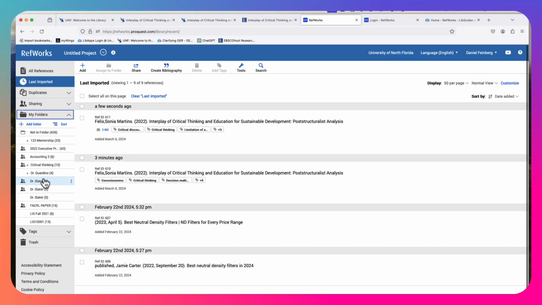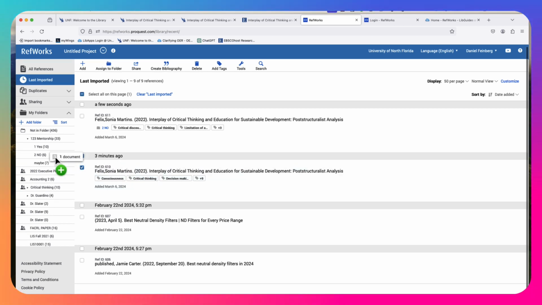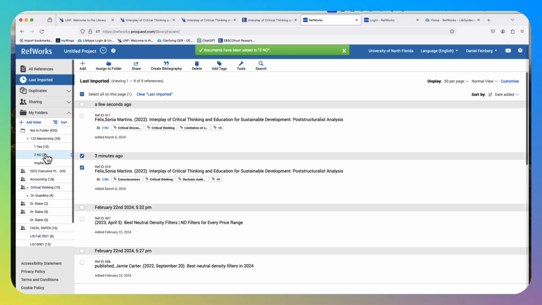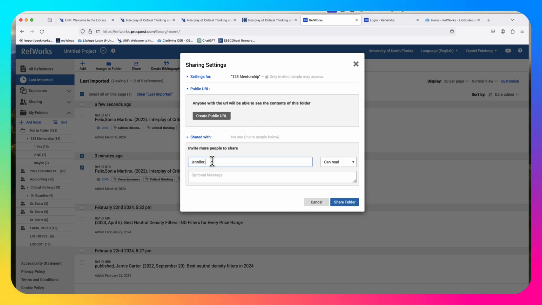So if you look here, I have a mentorship folder. We can easily move items directly into that folder. So I'm going to move that into the new folder. If I wanted to share this with, say, jennifer.murray@unf.edu, and I'm just going to do can read.